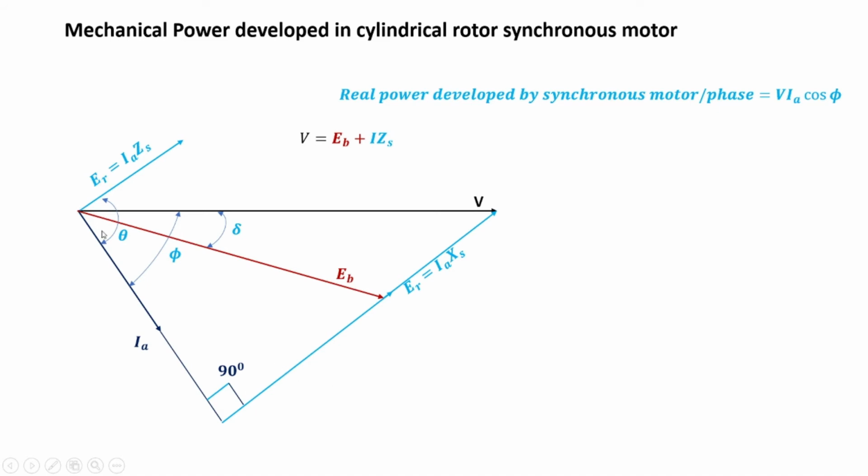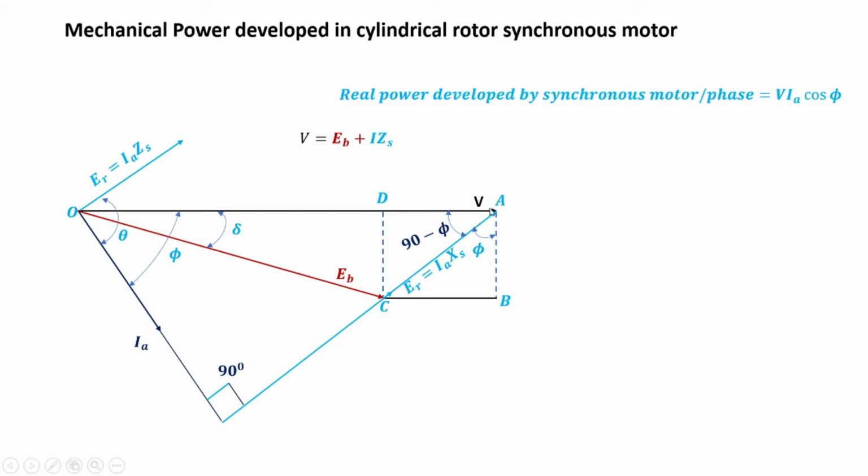Now let's consider this big right angle triangle. In this triangle, this angle is phi and this angle is 90 degrees, therefore this angle is 90 minus phi. Now we can draw a line from this meeting point parallel to the voltage phasor, and join two lines like this so that a right angle triangle is created. As this angle is totally 90 degrees and this angle is 90 minus phi, this angle is phi. Now let's mark different points: O, A, B, C and D.